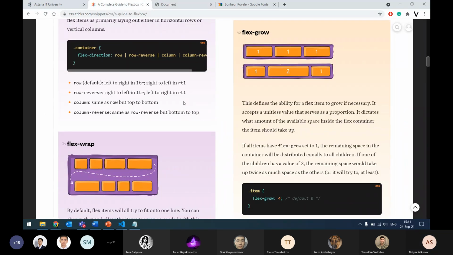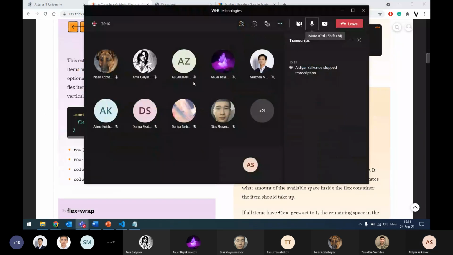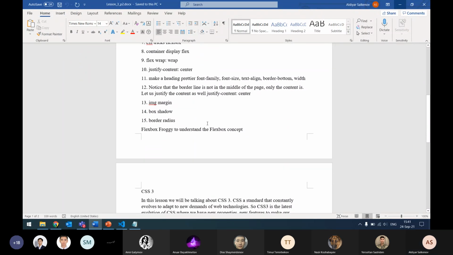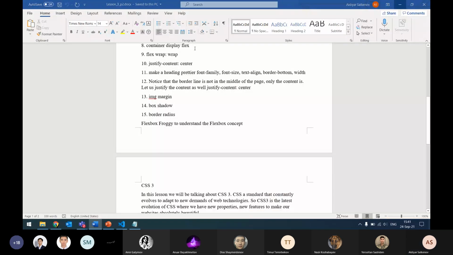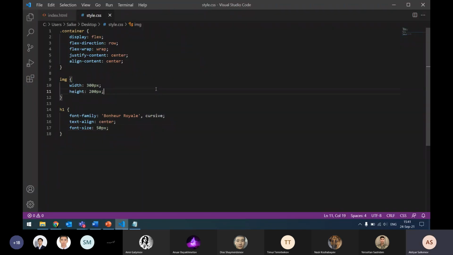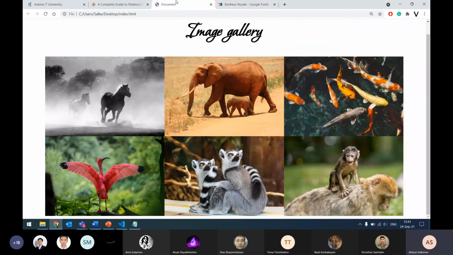Okay. So next thing is, let us make a little bit of space between our items. So now our items are kind of merged together. You can see there is no space between my horse picture and this elephant's picture. Okay, so let us add,